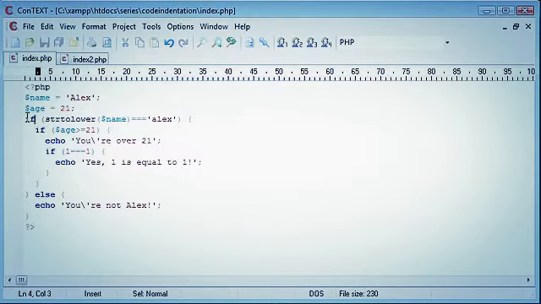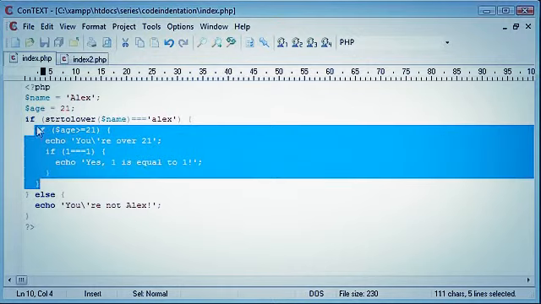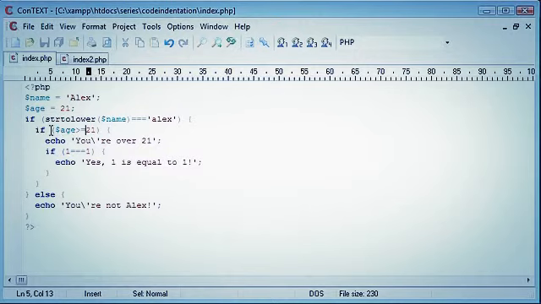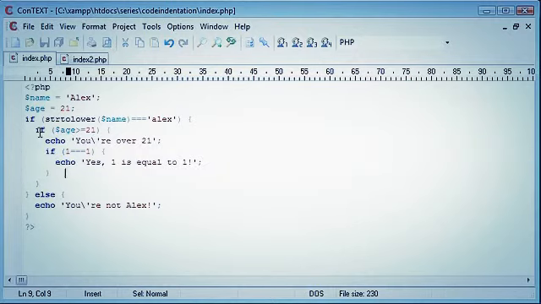Okay, so the if statement, everything by default starts without being indented. We've made the first if statement. So the block, I can already tell, is just from the start of this if down to here. So this is the start of the block and this is the end of the block here. And this is the start of the top block and this is the end, and then we say else. So inside of this block here where we're saying is age greater than or equal to 21, this is inside. And we can automatically tell that because we've got straight down here, straight down here, and straight down here. And then we've indented just the echo inside of here. So you can